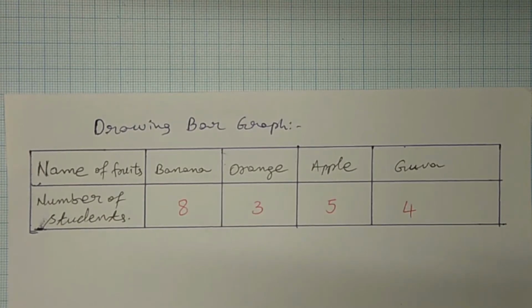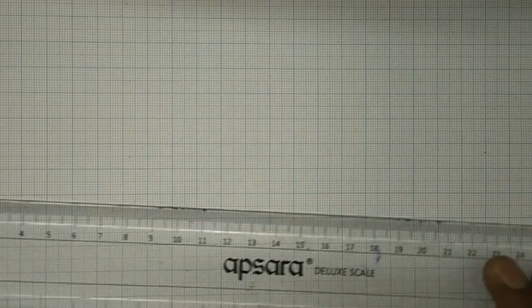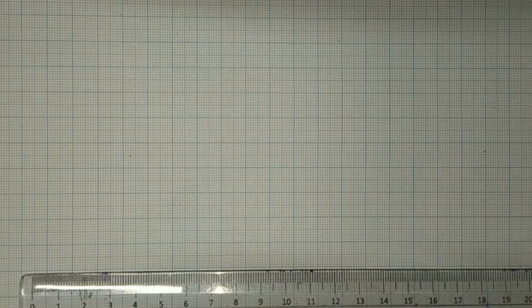So, for this data, when we go for drawing a bar graph, first we need to take a graph sheet. For this, we will first draw a horizontal line. To draw the horizontal line, I will use a ruler. So, here I am drawing a horizontal line,